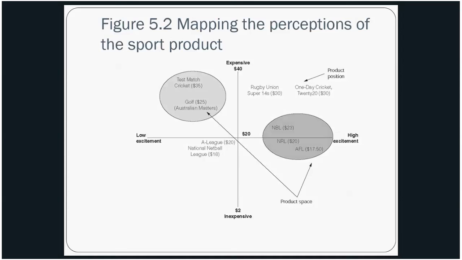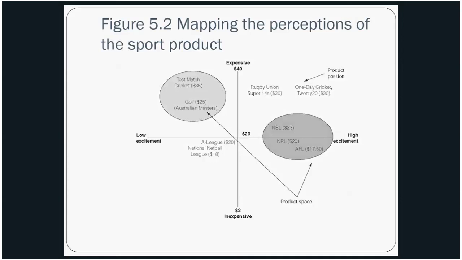We can apply surveys and research to find out where our product is and where our team or our league would fit into this map. Are we expensive or perceived to be expensive? Are we exciting or perceived to be exciting? And then we can change things around in terms of our marketing communications and either move our product there or